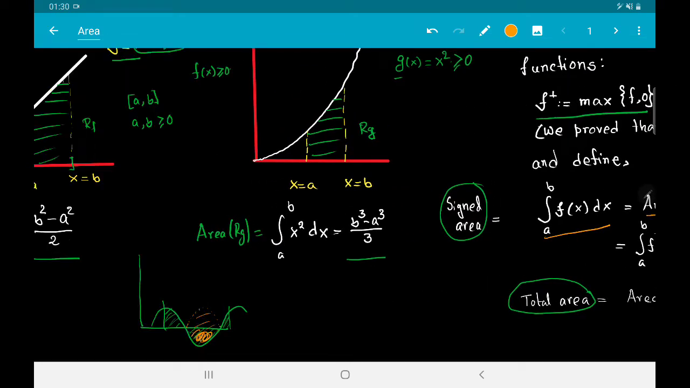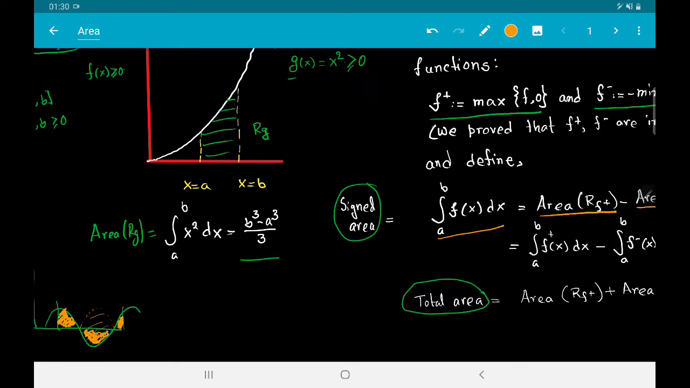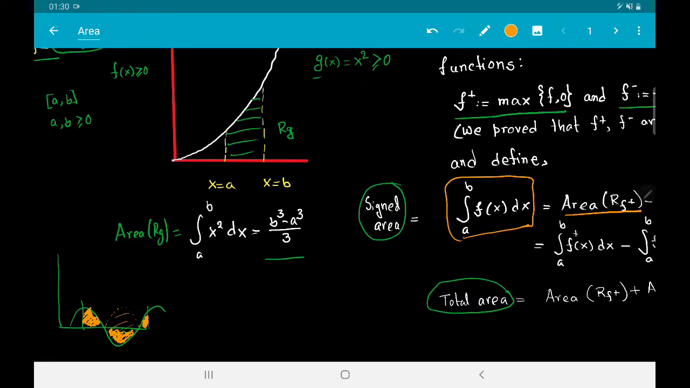But how do we compute the total area? It may be very intuitive that we take the area of this region, take the area of this region, take the area of this region, and sum it up. Note that in this integral, when we consider the total integration from a to b of the function f(x),